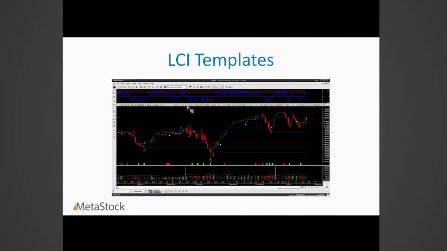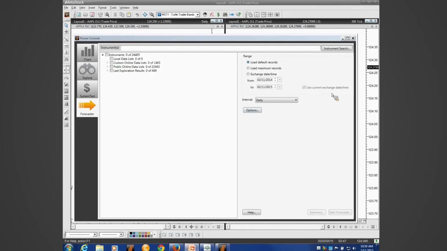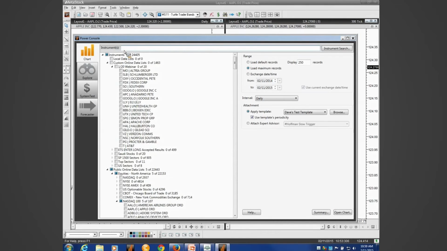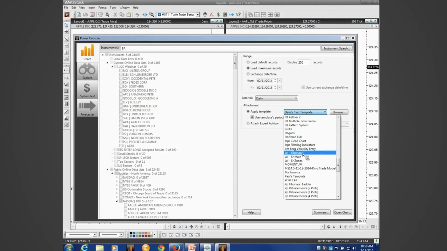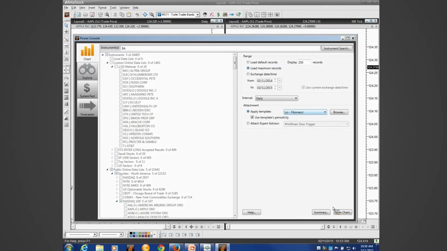So now that we're into the template, let's actually hop back over to MetaStock. Let's open up, let's just do Boeing. And I can do it directly from the Power Console again. Actually, I'm defaulted back to the Forecaster. So let's do, like I mentioned, that's something that's new. So scroll down here until you see these LCI. You can do the main, the SR, the zones, and also the Fibonacci's. Let's plot the Fibonacci one since that's the one that's